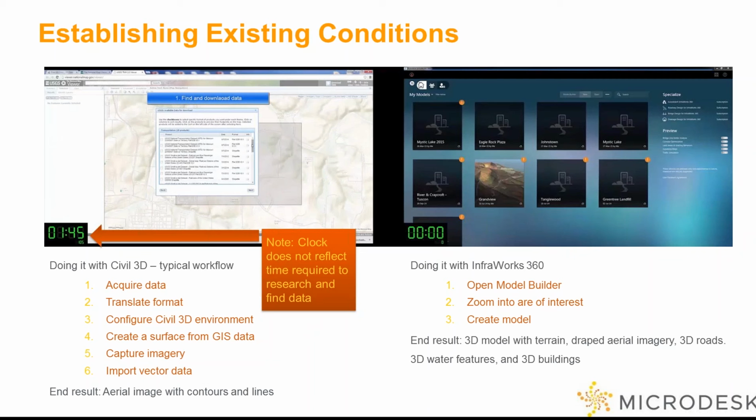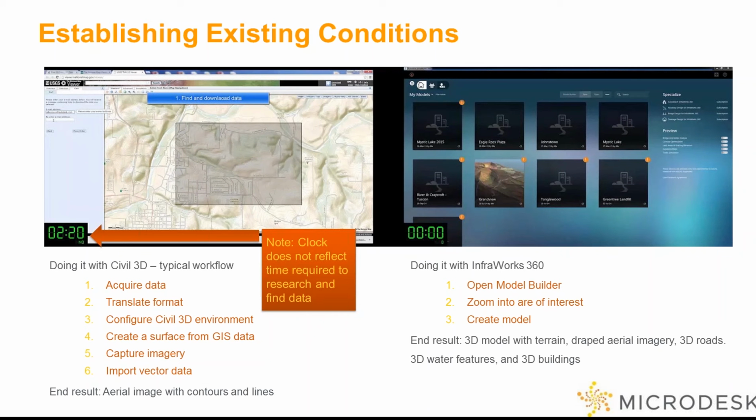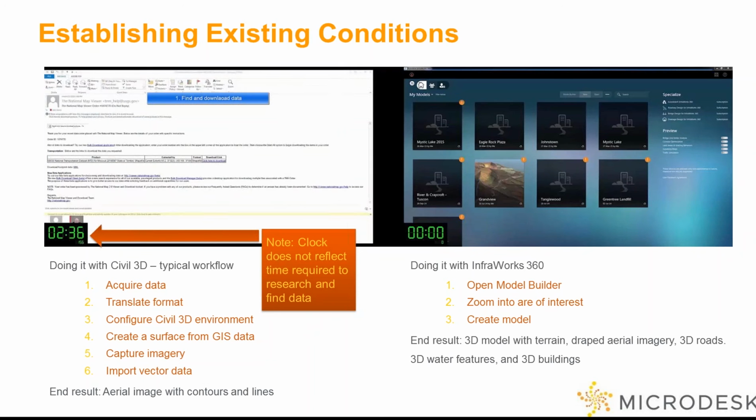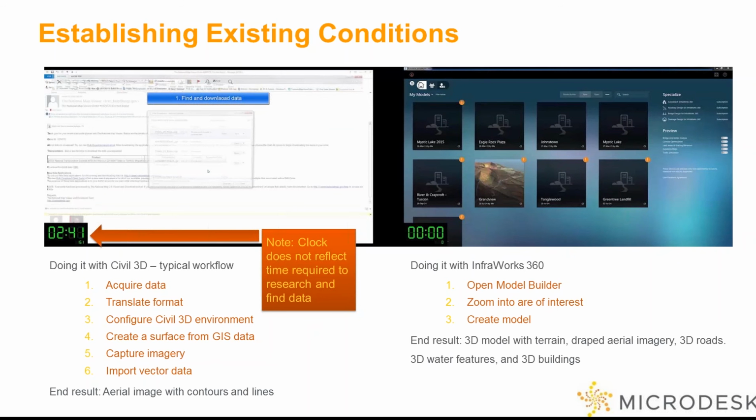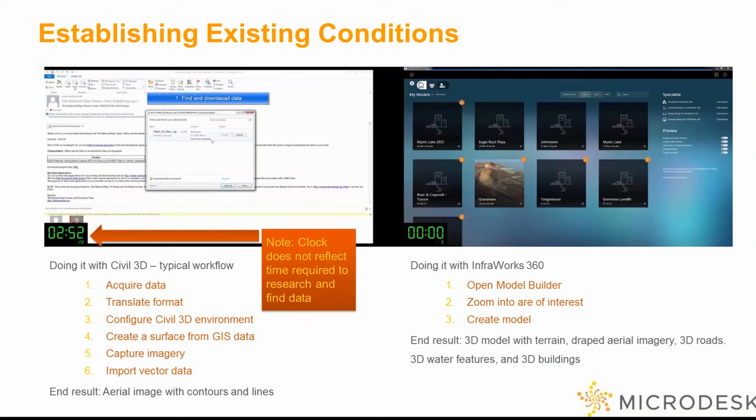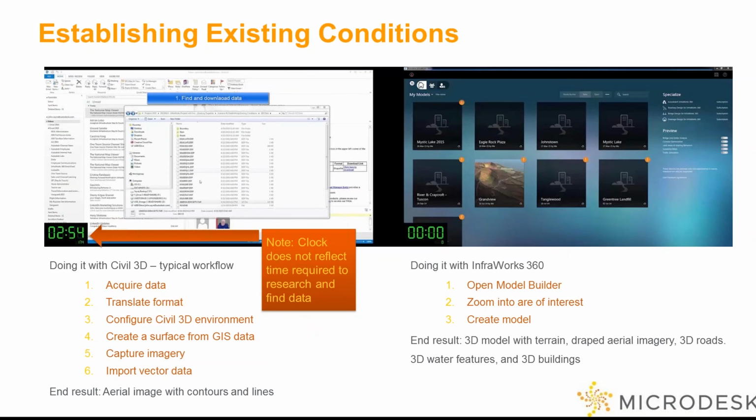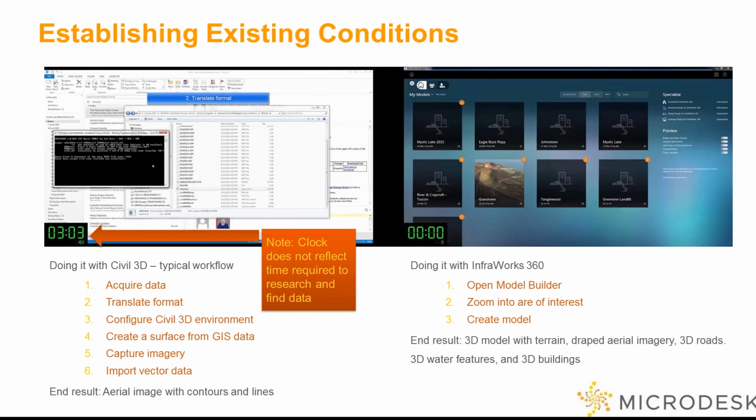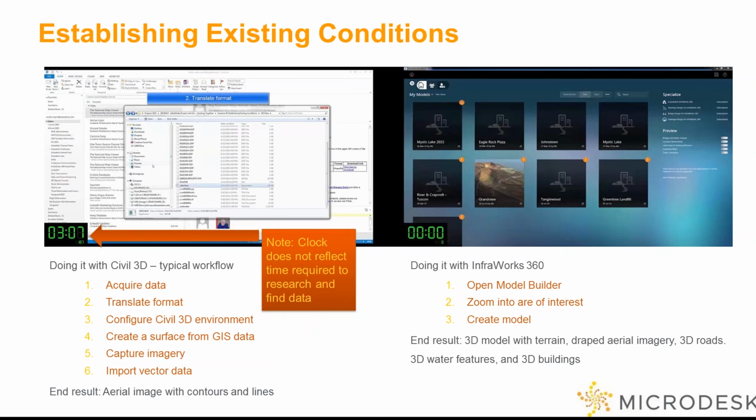So you have to start by acquiring that data, pulling up websites, zooming in, selecting an area, and then choosing to download that information. Once you have that information, then you can translate it to the correct format and get it ready to be brought into Civil 3D. And then you can launch Civil 3D and configure that environment so that it's ready to